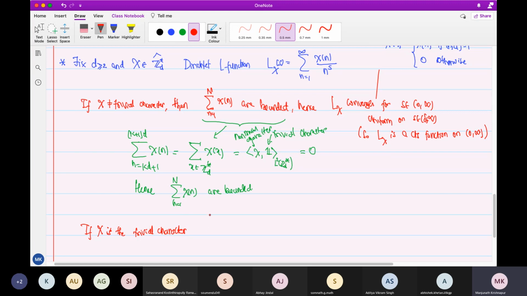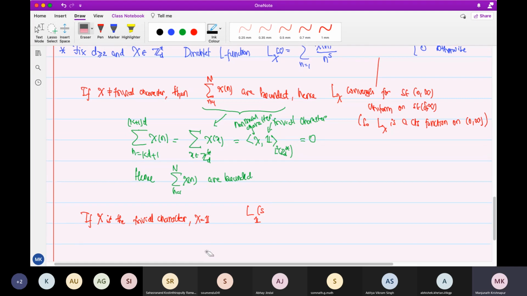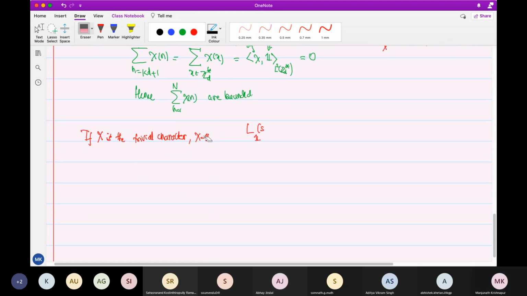Okay, if chi is the trivial character, let's call chi is 1. Okay, so one should be slightly cautious here. So I'll write like this, maybe I call it chi naught. So chi naught will for me denote the trivial character. L chi naught of s is,